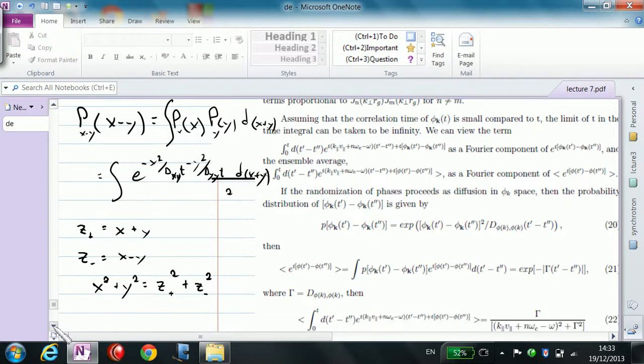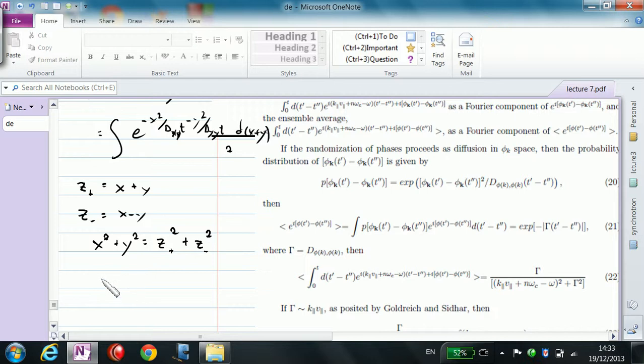Okay, I think this works. I just write that is equal to e to the z plus squared